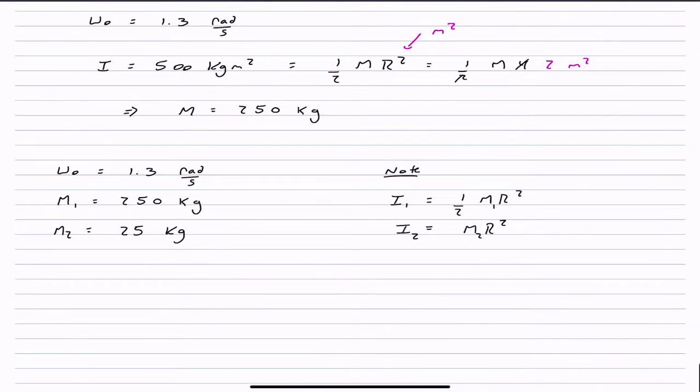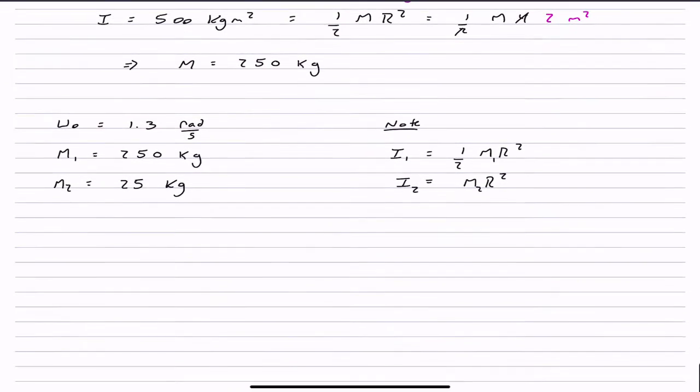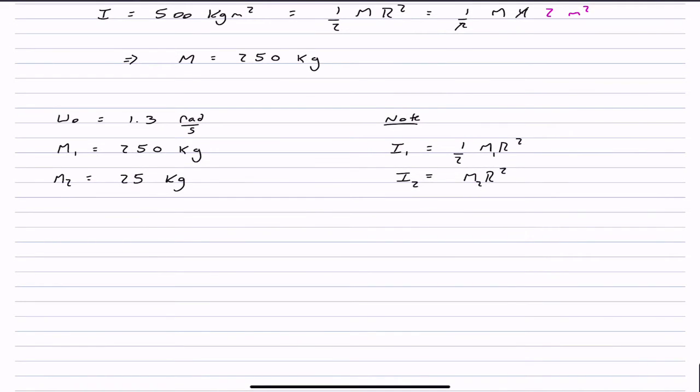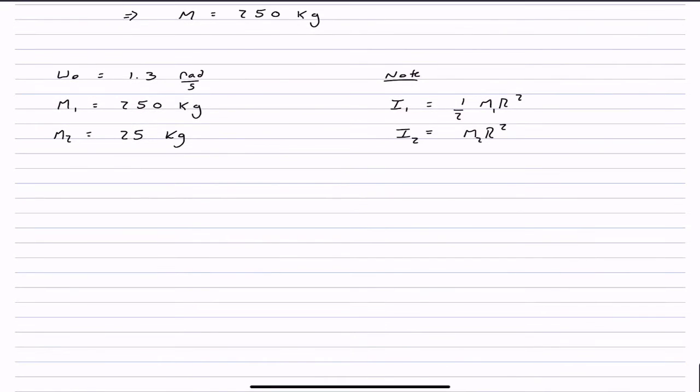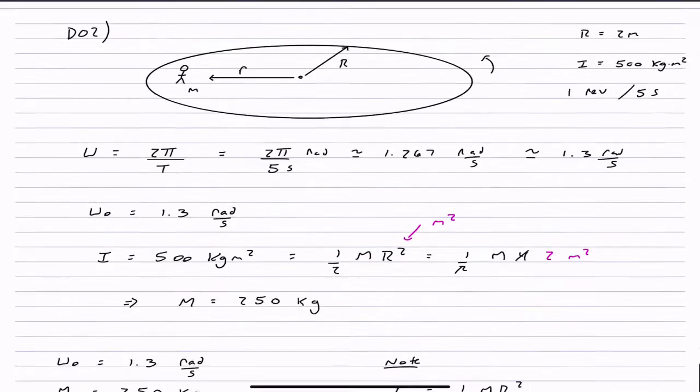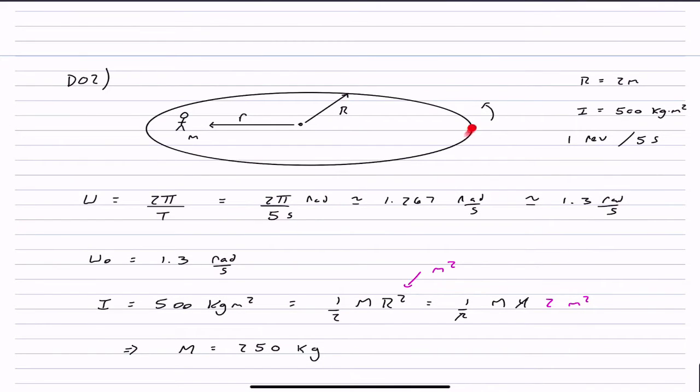So now we want to use this to figure out what is the final rotational speed, and thus how long does it take to make 1 revolution. So, well, recall we have conservation laws. We're told that this is frictionless, and that's fine, but we don't know exactly that this is going to conserve energy as this goes around and the child walks over here. So what we can do is we can use